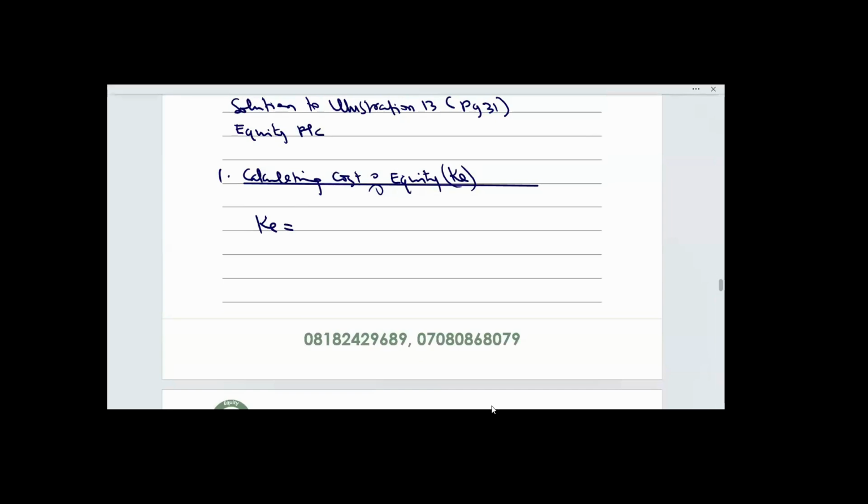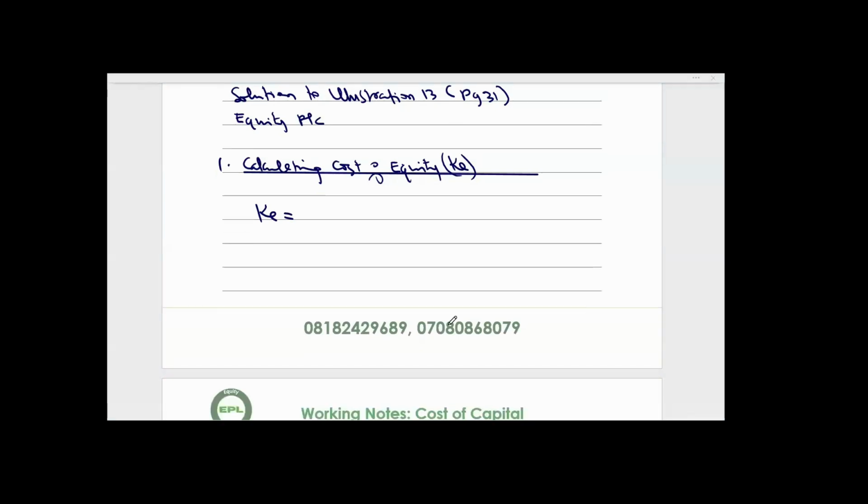Okay, let's go and check. So when you look at the information on the profit given to you in the second table, you will see that we are given information on dividends. All right. So from 2011 to 2015, you will notice that dividend has increased from 620,000 to 810,000. So that means there's growth in dividend payments.